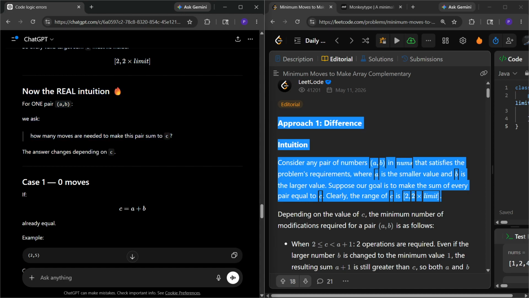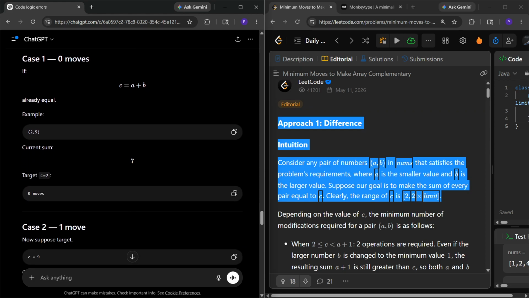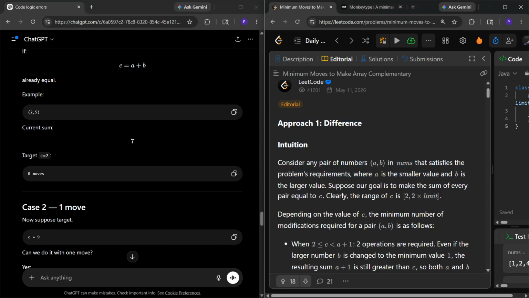How many moves are needed to make this pair sum to C? Make the pair sum to C. Okay. A plus B is already equal to this. Okay, I don't care about the sum. I only care about making sure that both the numbers... I don't care about the numbers. I only care about